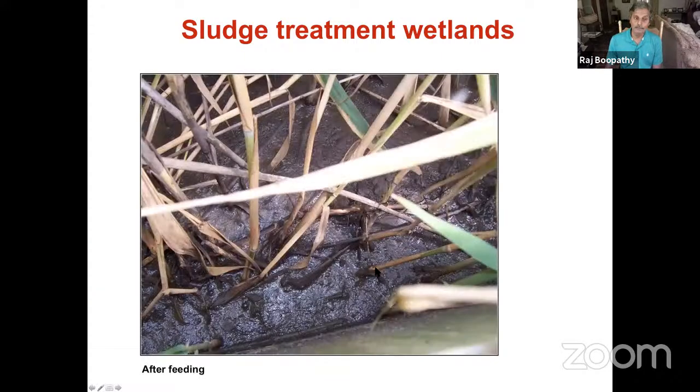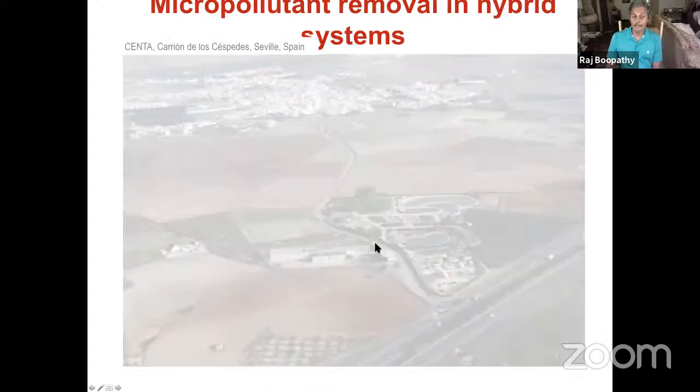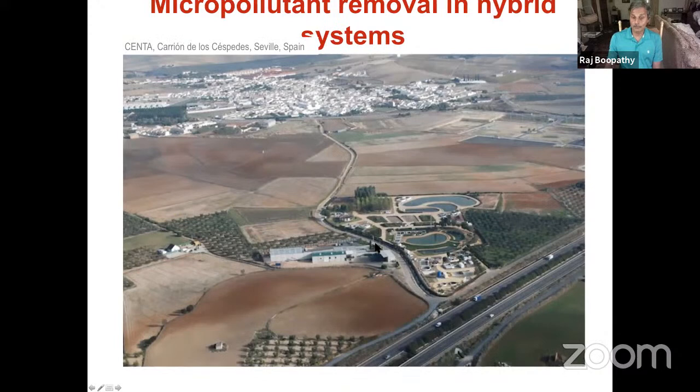And this is how it looks when the sludge comes into the wetland. All right. And then after running a few cycles, you can see the sludge is kind of dry, and then with nutrient uptake, the plant started to grow on this. And this is the actual